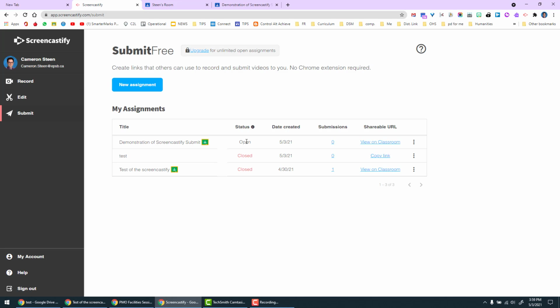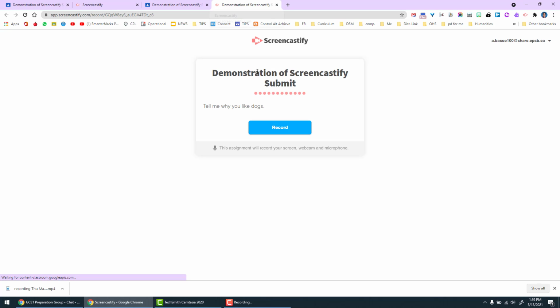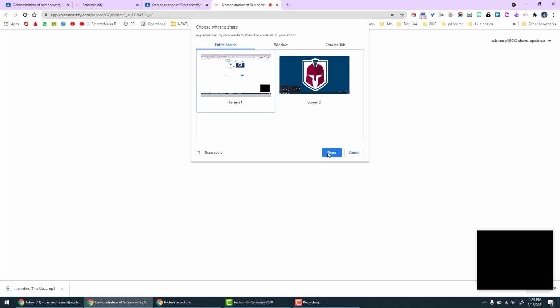Let's take a look at what this looks like on the other side for students to submit. Now we're on the student side of things. We've entered into the classroom and into the specific assignment related to Screencastify. So when the student clicks on the link, it will open up and redirect to Screencastify, and then they'll be able to record their project, choose the screen they wish to share,